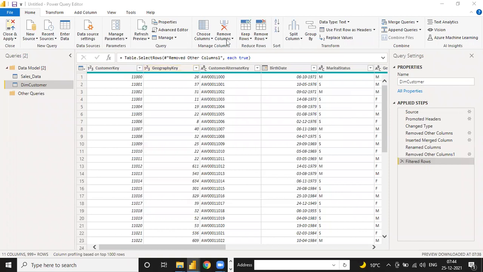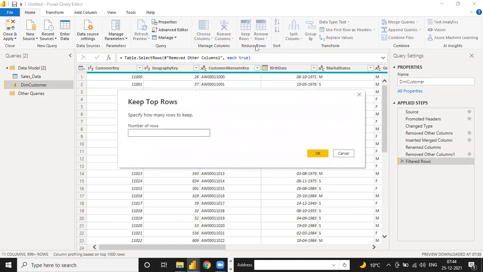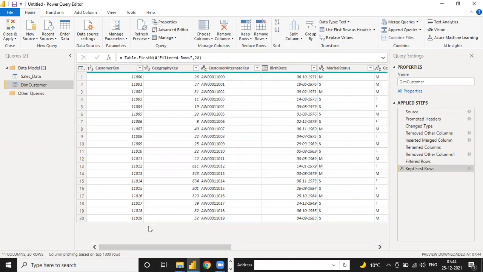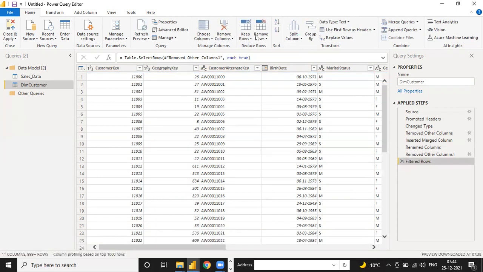Okay. So now see, there is an option here as well: if you want to keep the rows, there is an option of remove rows. Suppose you have a lot of data, say 10,000 or 20,000 rows, and you want to keep just the top 20 rows in your data. If I click just 20, only 20 rows are left in my data. See, only 20 rows are left. All the other rows will be deleted automatically in the first go. Okay, so these are the options of your home tab.